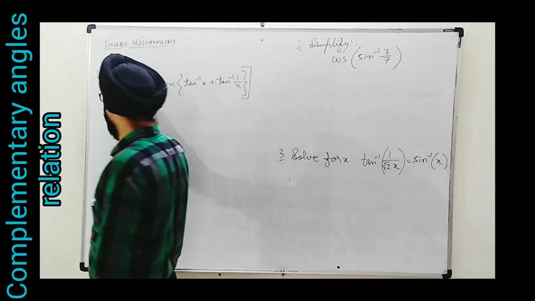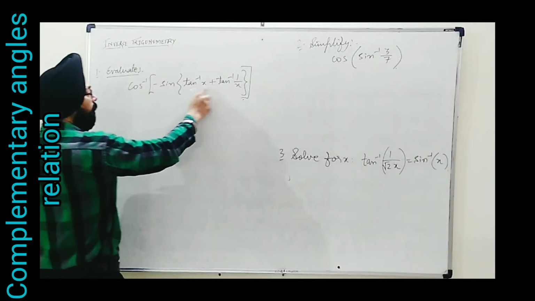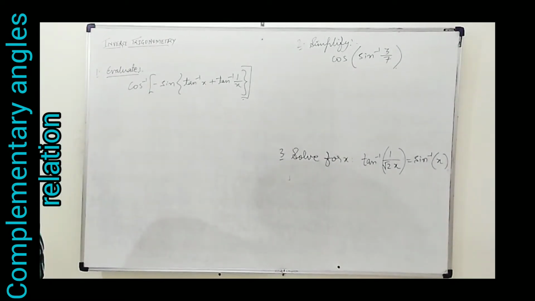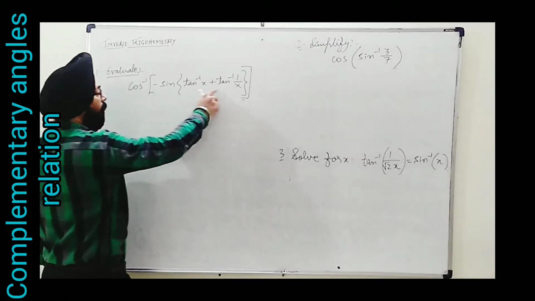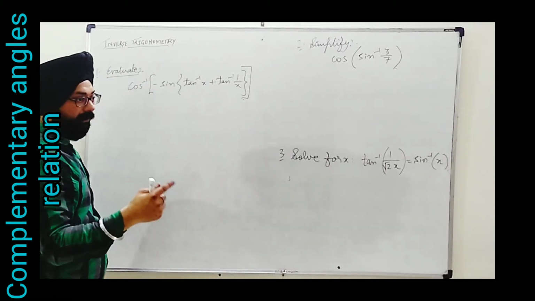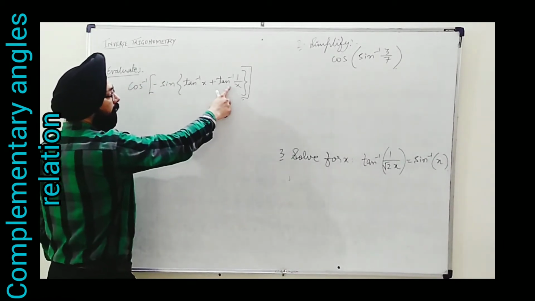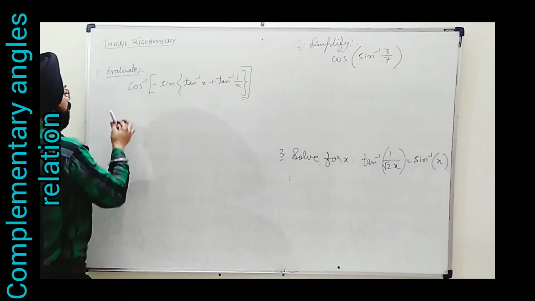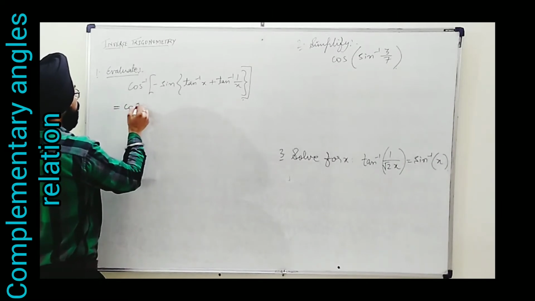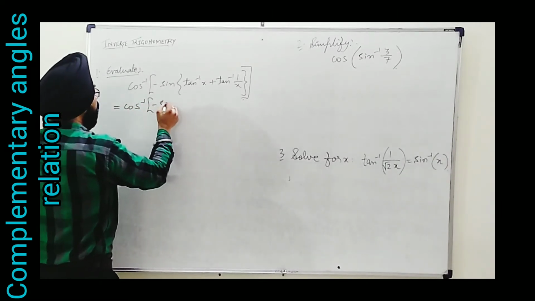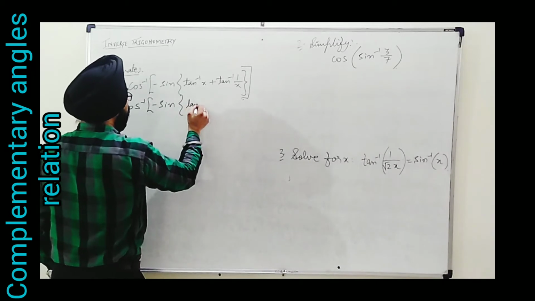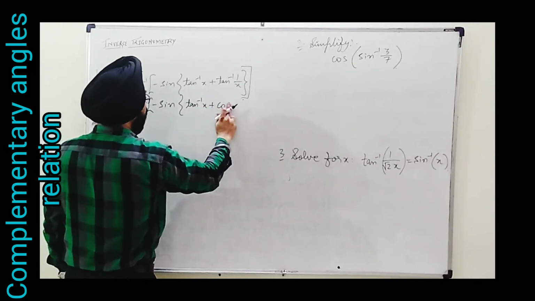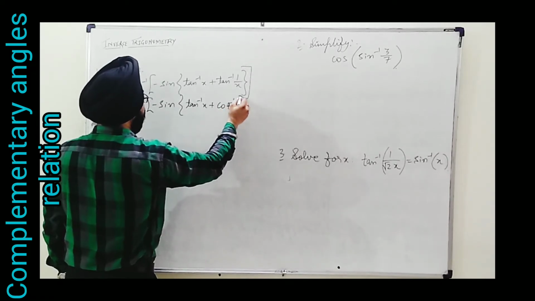You can see this is given: cos inverse of minus sine of this sum, tan inverse x plus tan inverse 1 upon x. Now x is not given and we need to evaluate. So here, if I think of the reciprocal relation, this tan inverse 1 upon x can be written as, rest of the things remain as it is, tan inverse x, and obviously using reciprocal relations this can be written as cot inverse x.